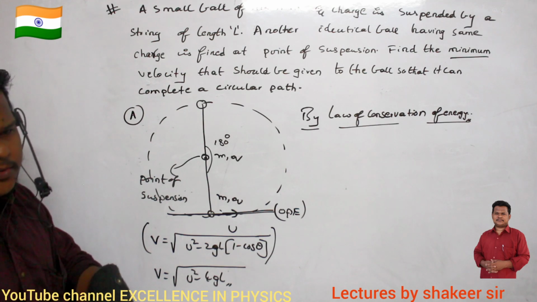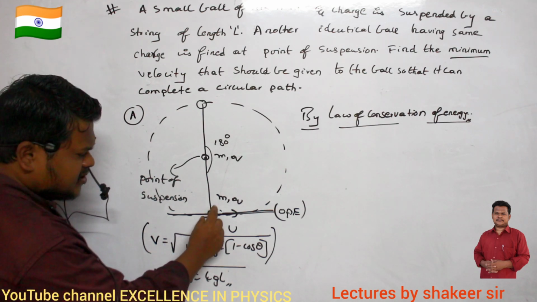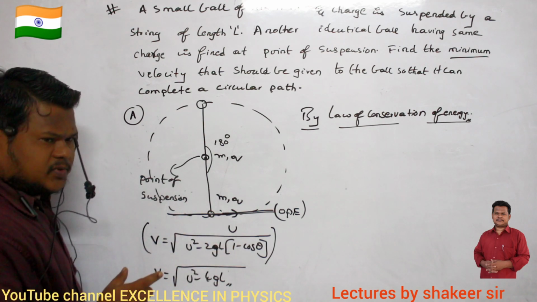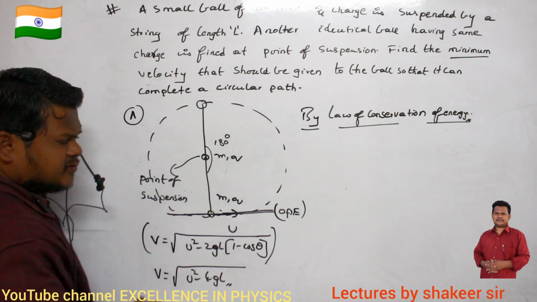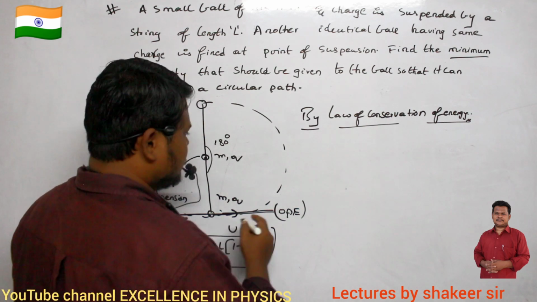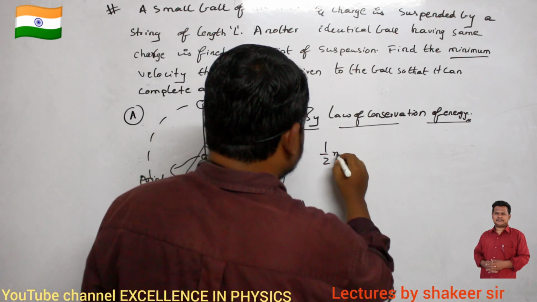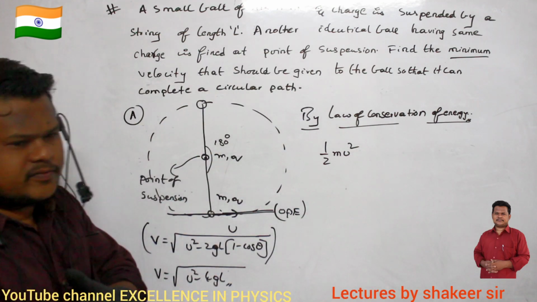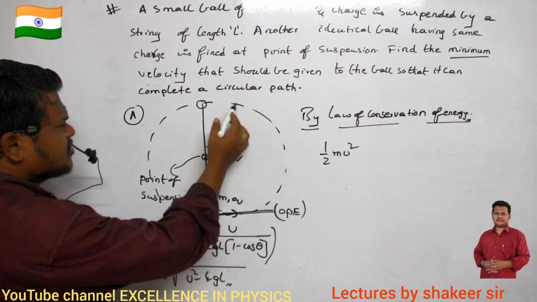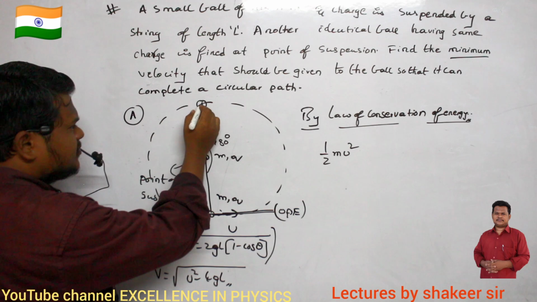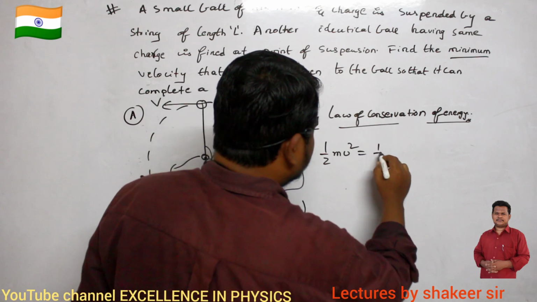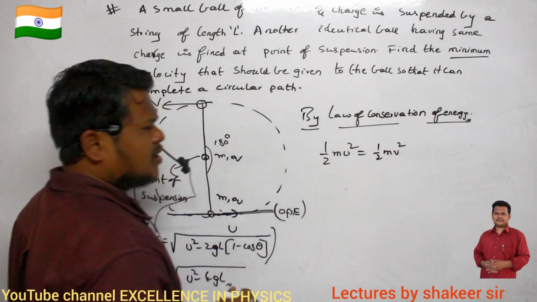So if the potential energy here is 0, then what is the energy possessed by the particle? Only kinetic energy is there. At the lowest position, this bob has a velocity of u. So because of u, what kind of energy will the bob have? Only kinetic energy, which is half m u square. Now from here, the bob will reach up to this position. Here it will have a velocity of v. So because of v, it will have a kinetic energy of half m v square.